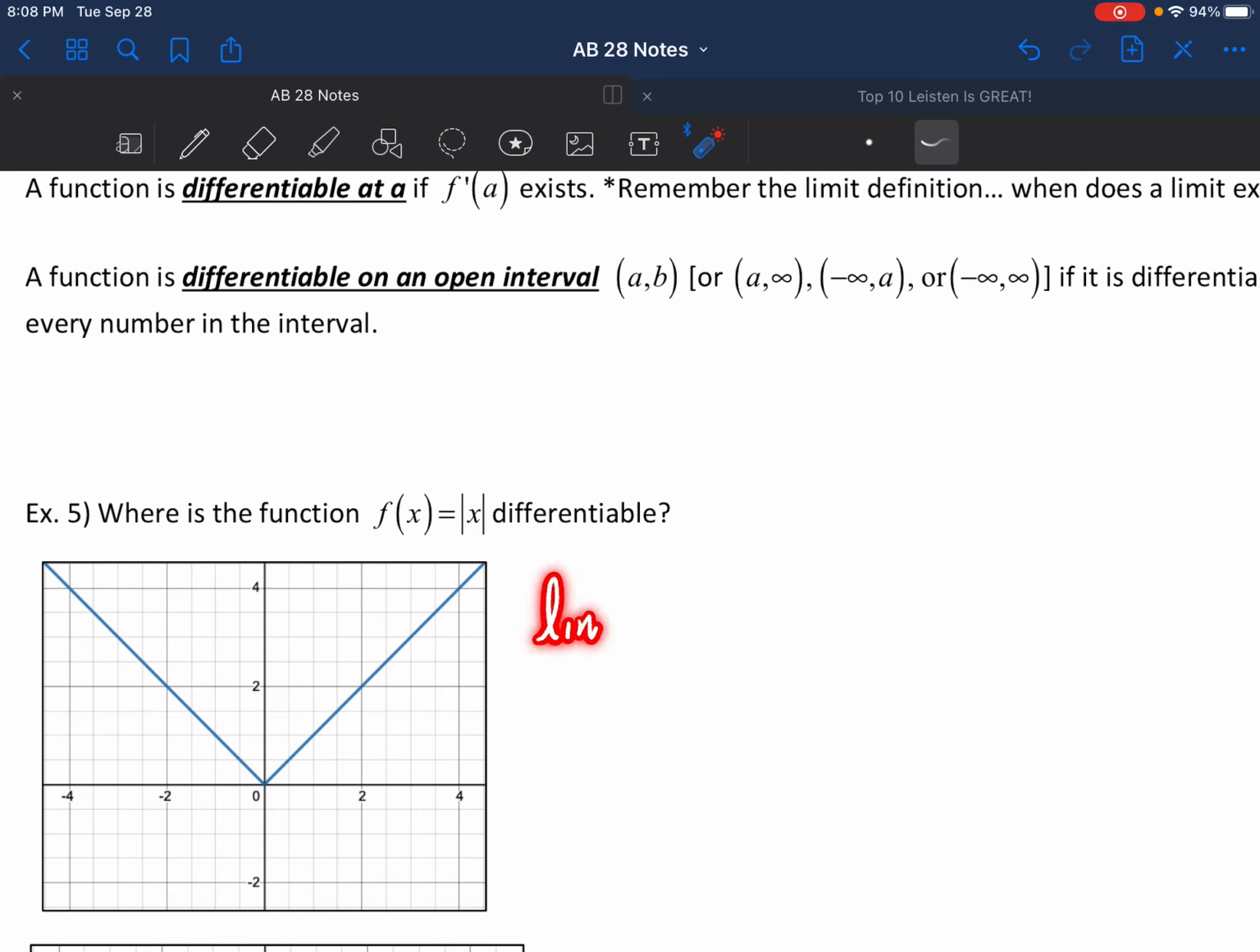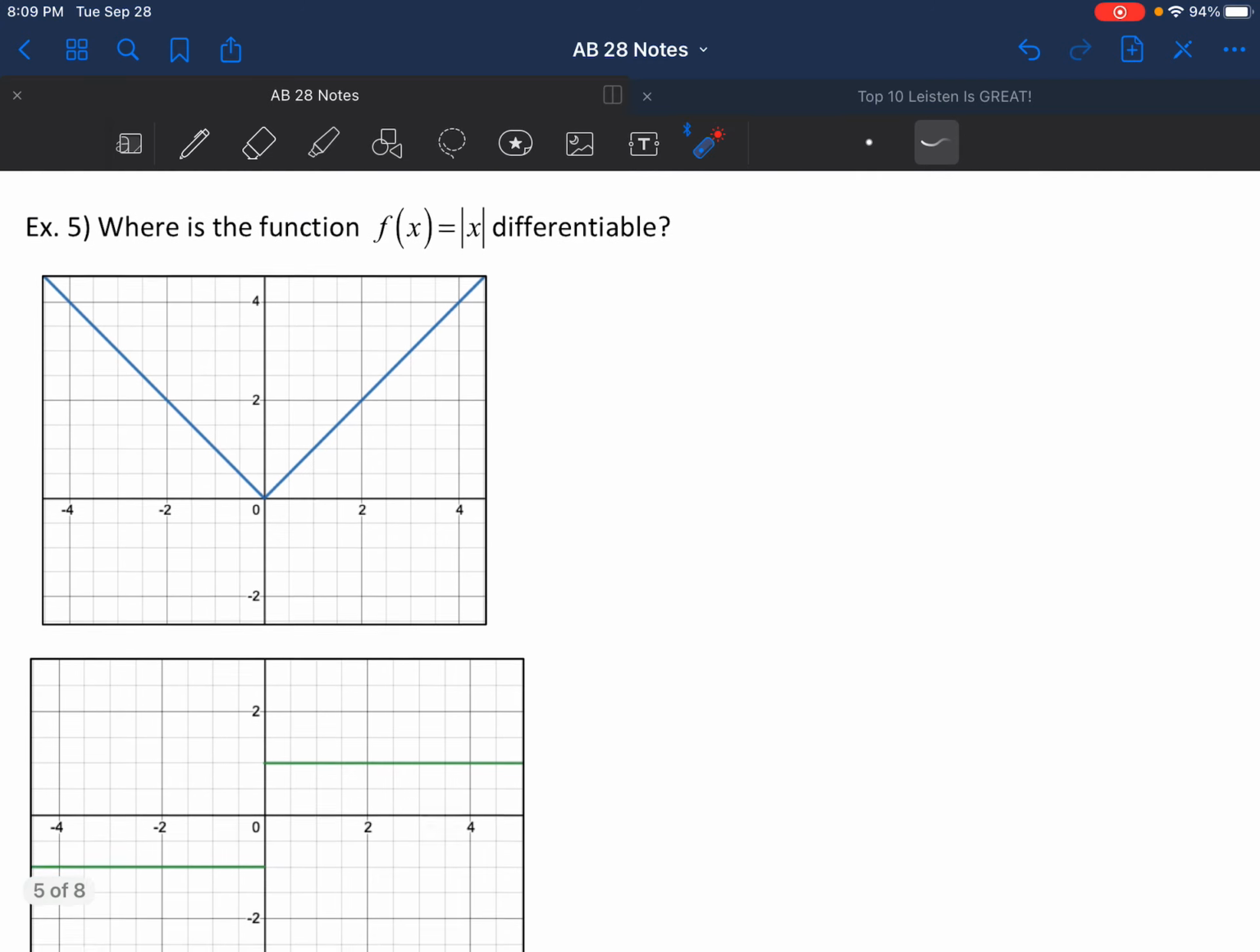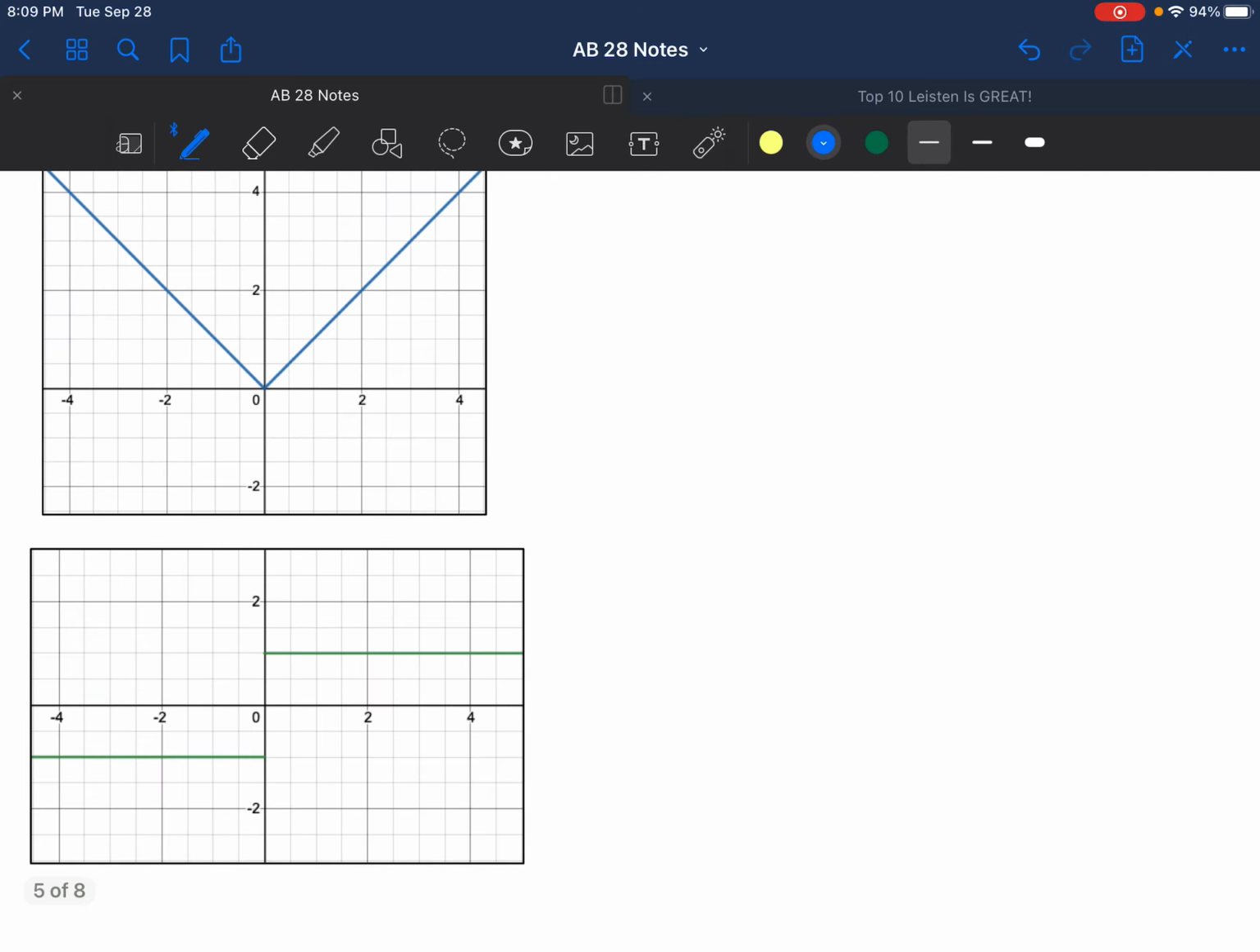If we were to take the limit as x approaches 0 of the absolute value of x, subtract the absolute value of 0, all over x. Well, at 0, we're going from a slope of -1 to a slope of +1. Right at 0, it's not defined. And if we were to think about the graph of that derivative, we would end up with something like this. This is the derivative